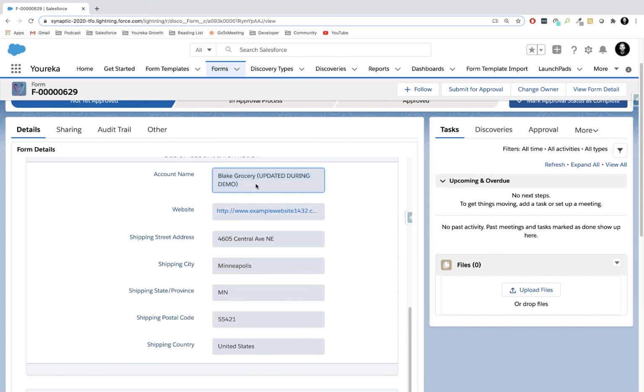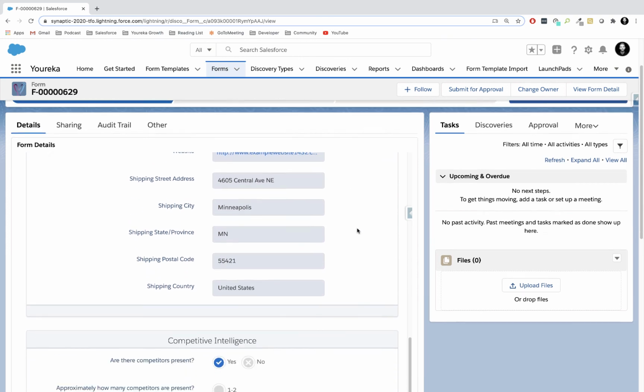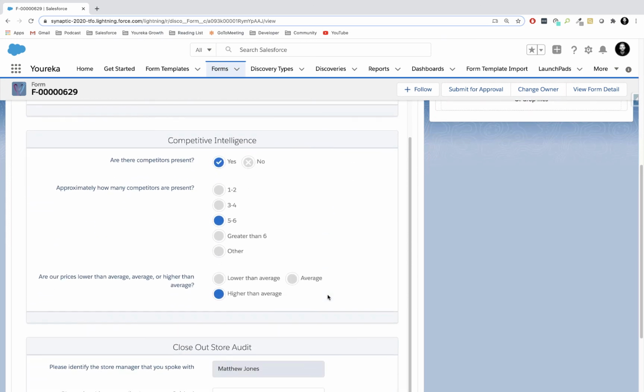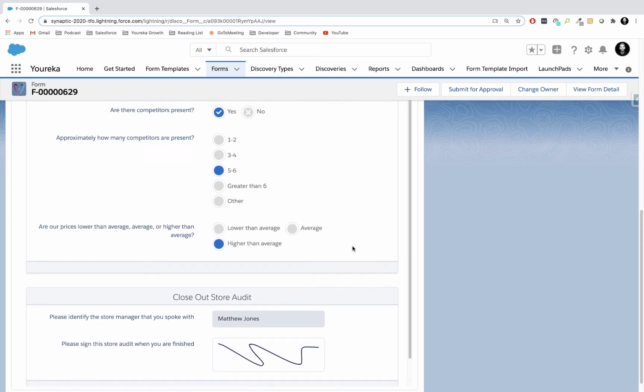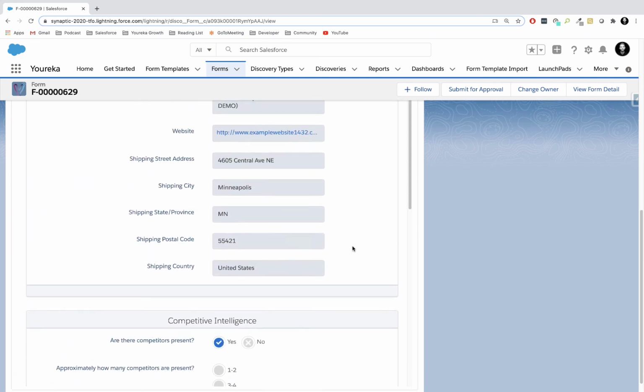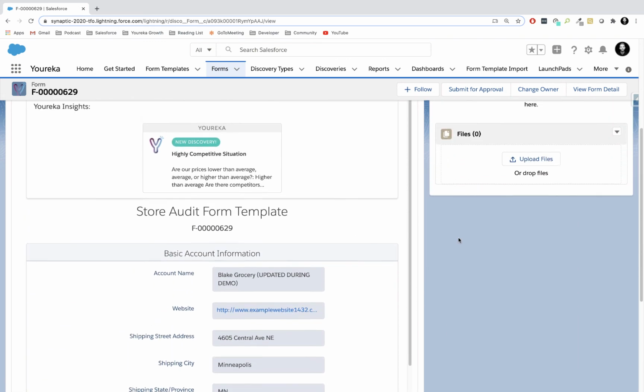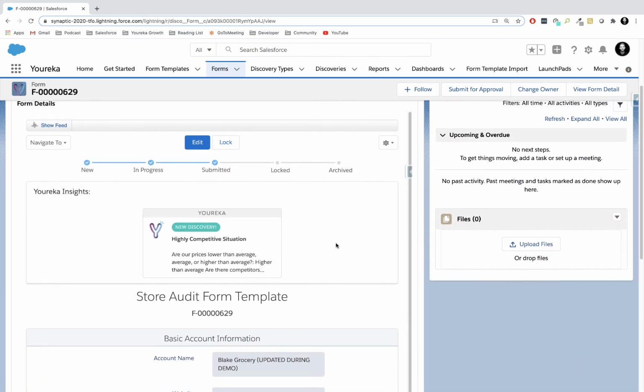We can see that the account name was updated from the mobile app, and we can also see all the data about our competitive intelligence, as well as the e-signature, any photos that we might have captured, anything like that is now available. The other thing is we can see that there's some insights associated with this particular form. Remember earlier we built a discovery, so we can say that because we had higher than average prices, because there were competitors present, and there were a lot of competitors present, we have a highly competitive situation here that needs